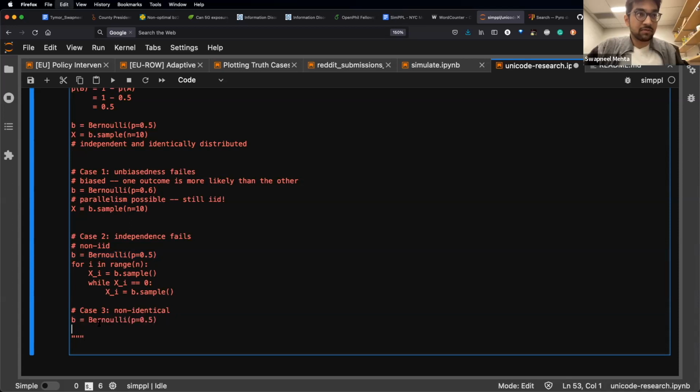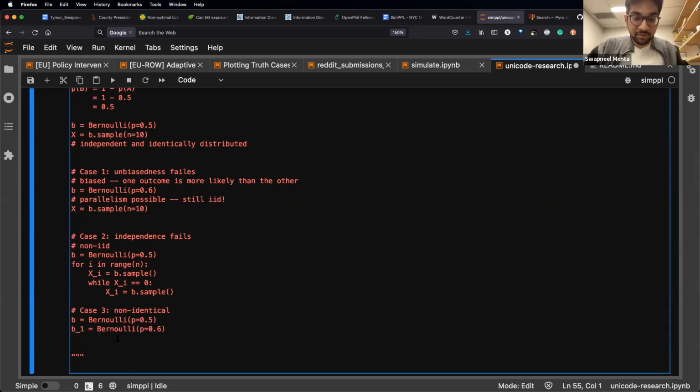So if I define B1 as Bernoulli 0.7 or 0.6, whatever. The bottom line being, as long as I have, for i in range 10 or n samples, xi is equal to